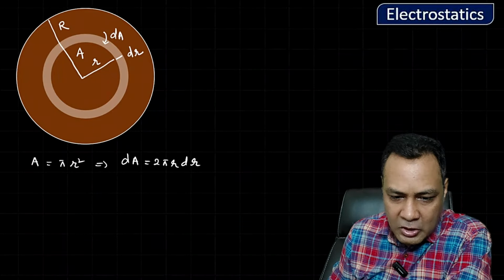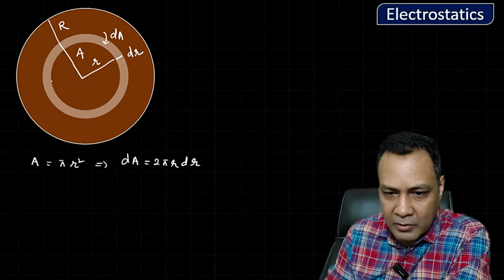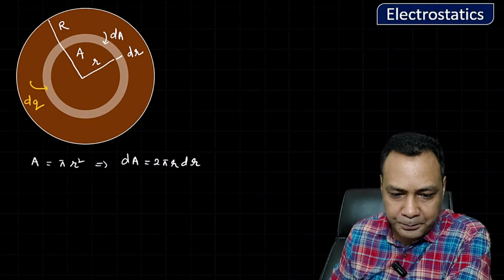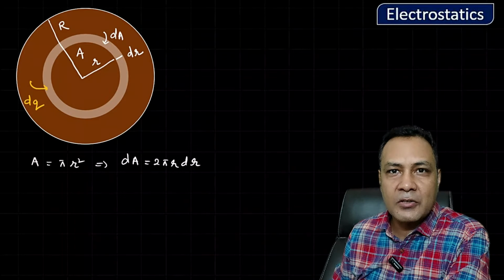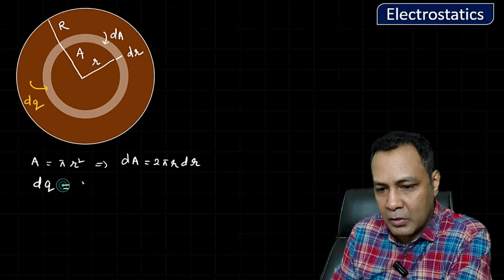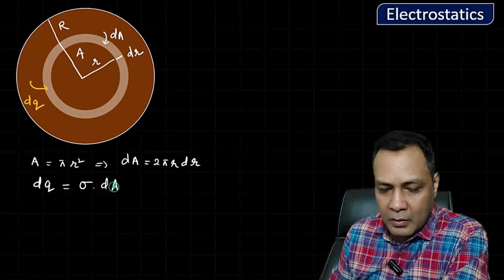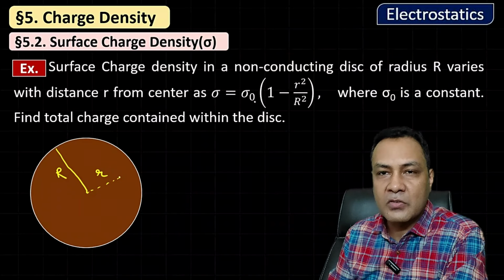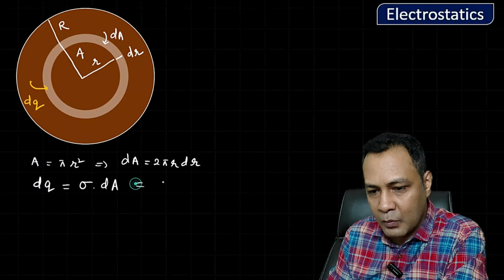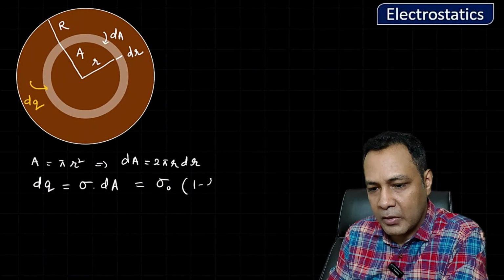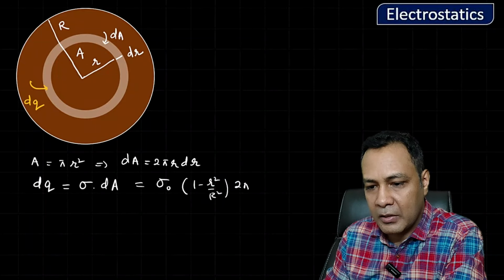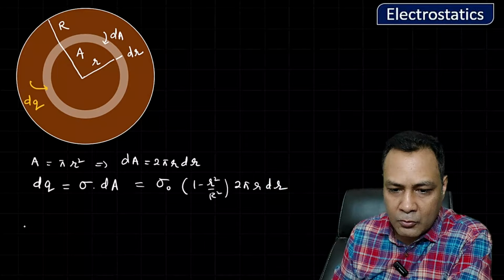And now the charge on this elemental ring, suppose the charge here is dq. So sigma is equal to dq by dA. So dq is equal to sigma into dA. And sigma was given to be sigma naught into 1 minus small r square by capital R square. So putting that in, we can write sigma naught into 1 minus r square by capital R square, and dA is 2 pi r dr. So Q total